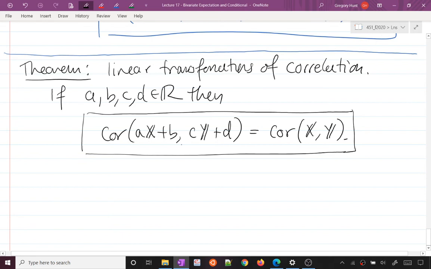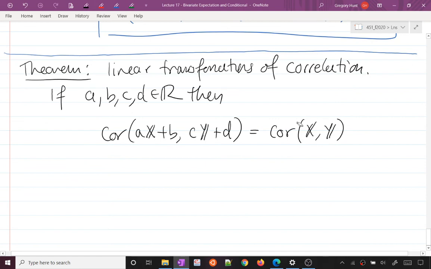This is one of the fundamental properties about why we like correlation. Because it's scaled between 0 and 1, it's measuring a fundamental aspect of the relationship between the two random variables, regardless of how we scale them, adding things or multiplying by constants. I've lied here a little bit, and we should amend this. You do have to account for the fact that if you change the signs of these random variables, it will change our signs. So technically, I should say it's sign of a times sign of c